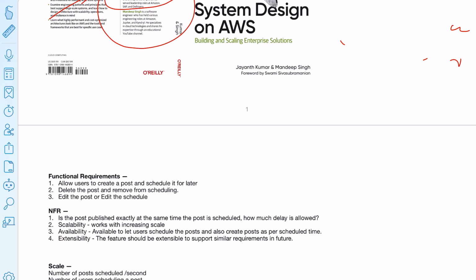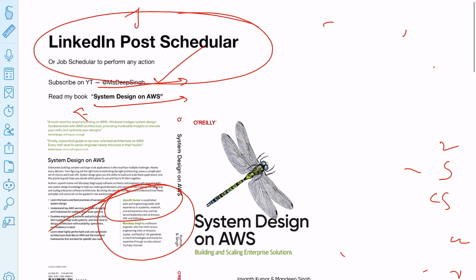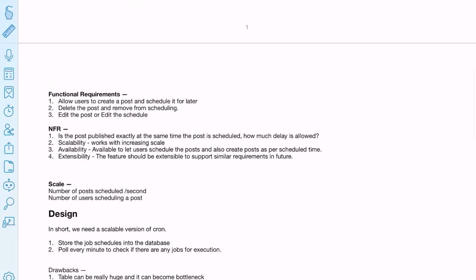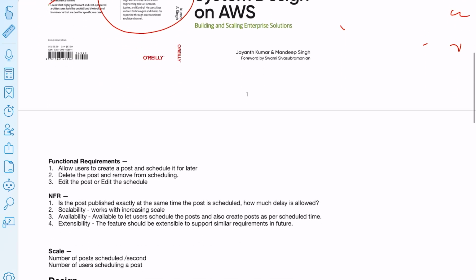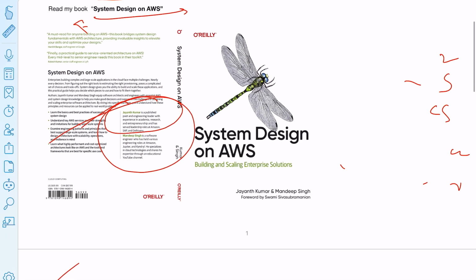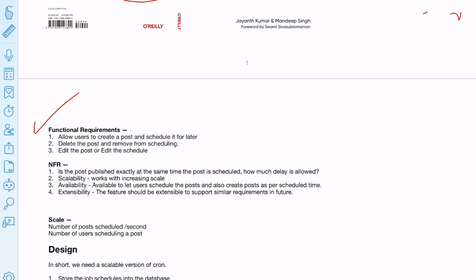Now coming back to our discussion, which is LinkedIn post scheduler, distributed job scheduler, whichever scheduler you are trying to do. We are trying to design a job scheduler. So what are the functional requirements? We already mentioned that you want to schedule a job, or recurrence, or sometime once in